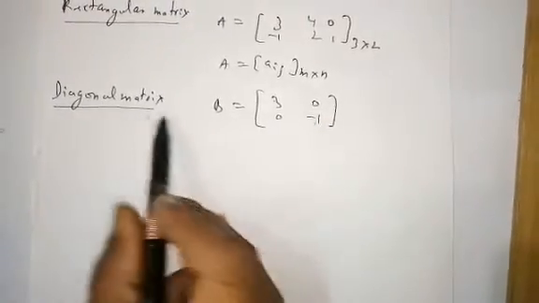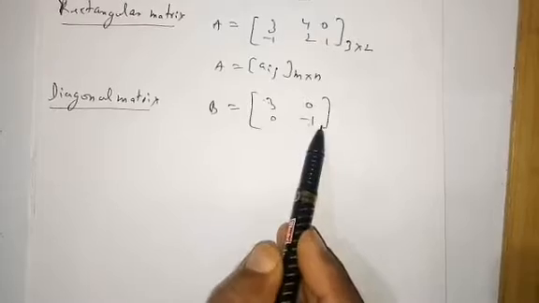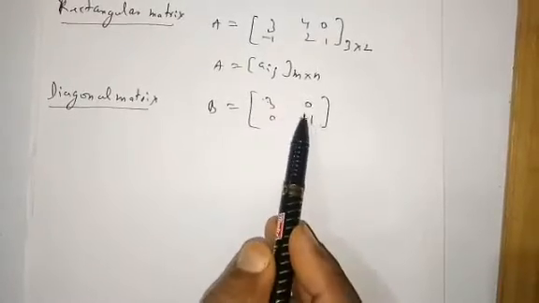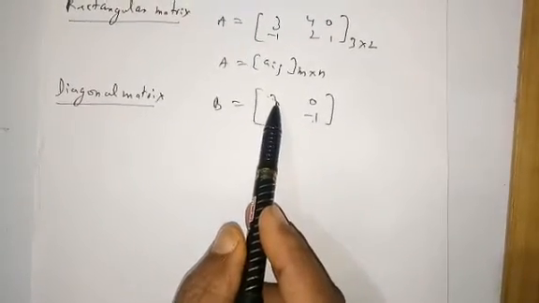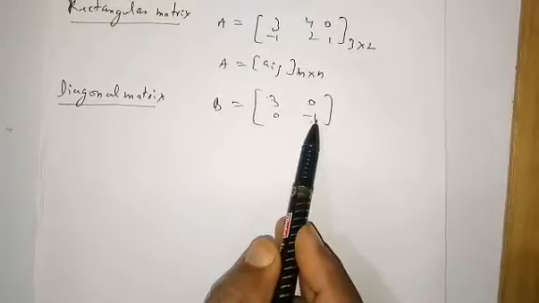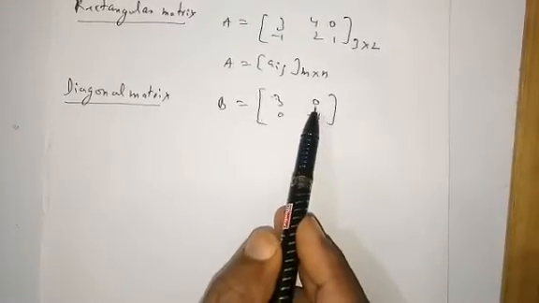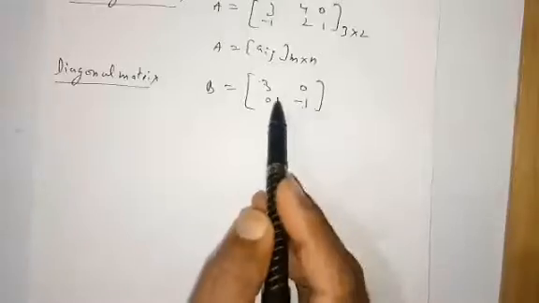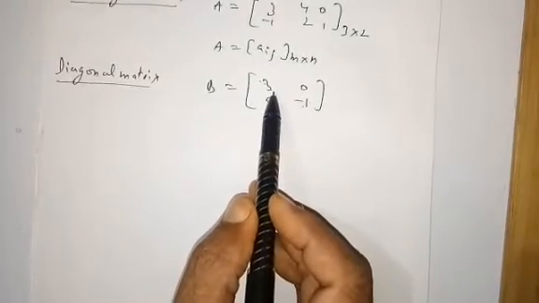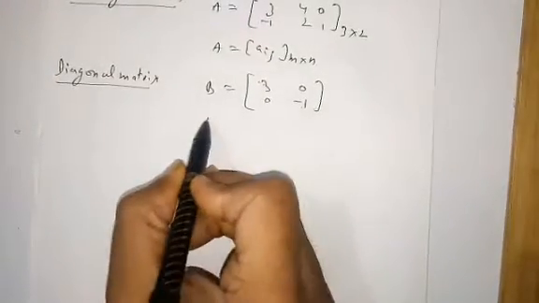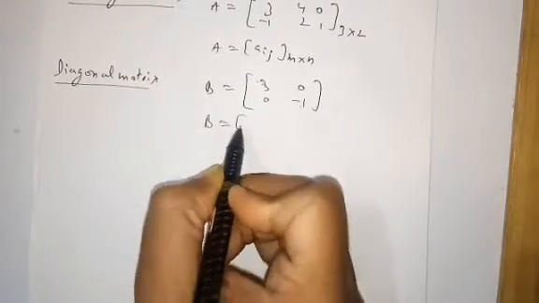So this is called a diagonal matrix. This is called the principal diagonal. For the principal diagonal, the positions of the element i and j are equal. So these are the principal diagonals. In the non-principal positions, elements are always 0, and generally we denote this one like this,